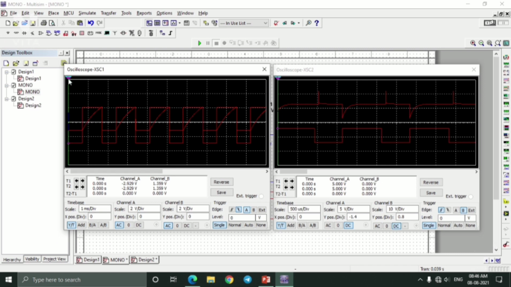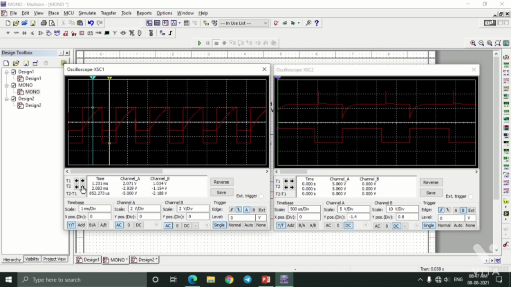Now you can see two tracers over here, provided in blue and yellow color. They point to a point, and that point represents the voltage where it is pointing. Tracer 2 is pointing over here, showing minus 2.929 volts with respect to this 0 line, and tracer 1 is pointing to the T on period, showing 2.071 volts.